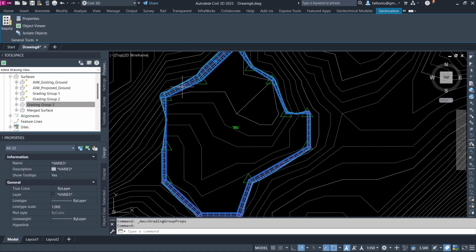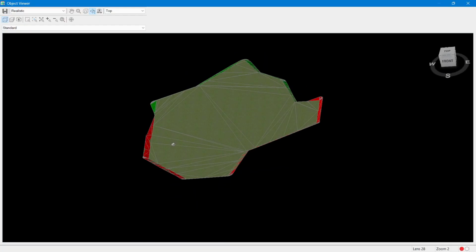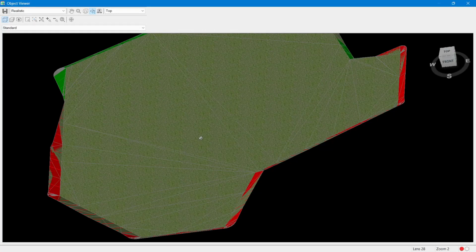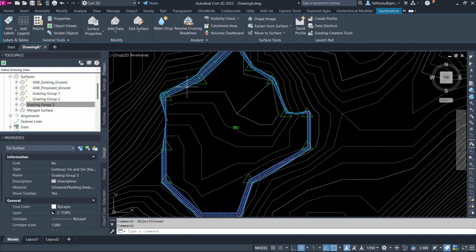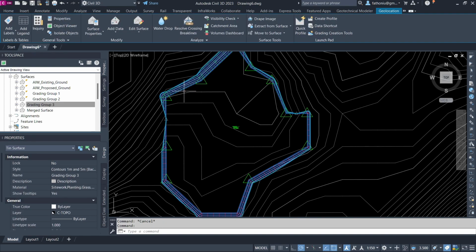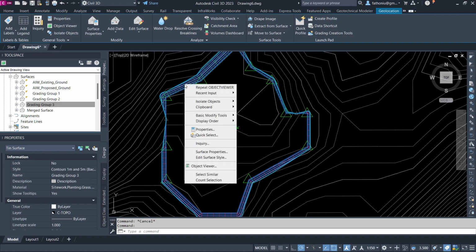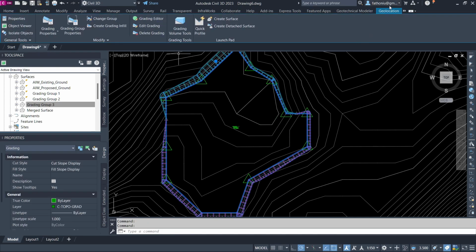Let me select this one, right click, and then after that object viewer. So you have the grading group that is the infill, and then you can see the material is already rendered in the material view. Okay, then return back to this one. Oh sorry, wait a minute, it is grading. This one is the grading group. So then you can see here, when we select this one, we select the surface, the grading group surface. So to select the grading, we right click, display order, send to back. So then we can select this one. We need to select this one so that the contextual tab on grading will appear, and then after that we do volume, this one, grading volume tools.